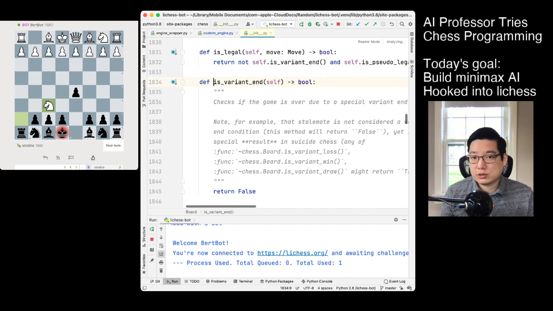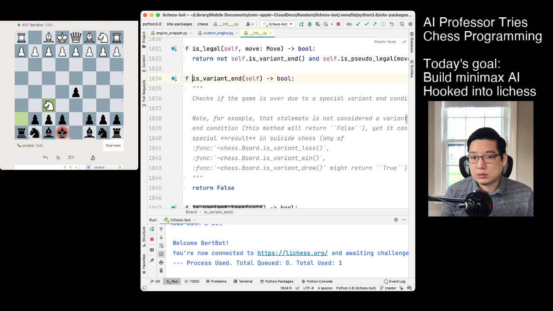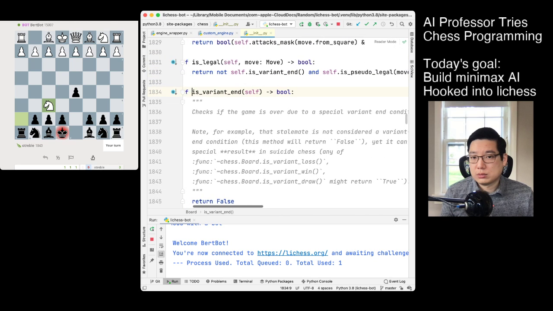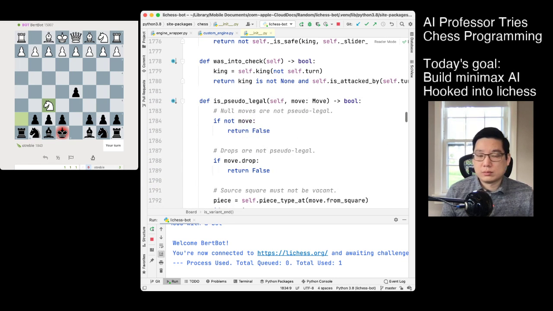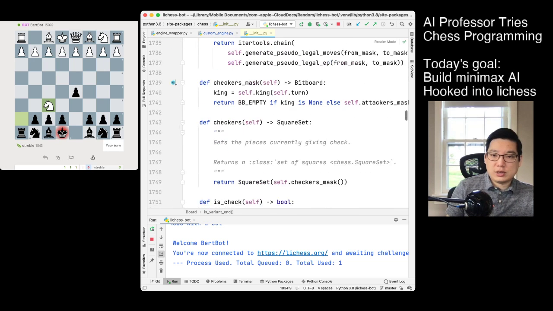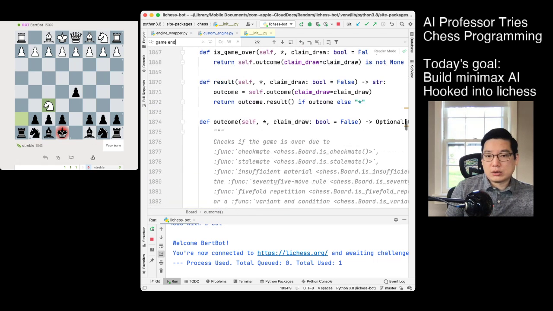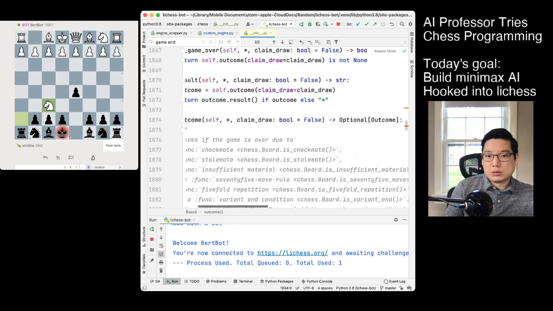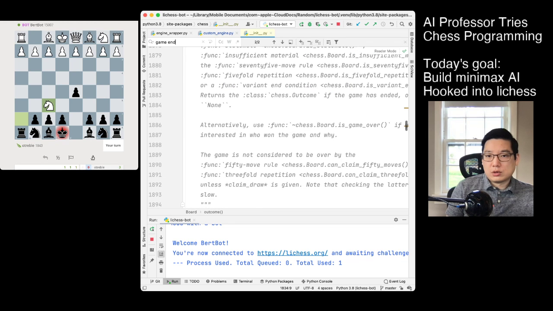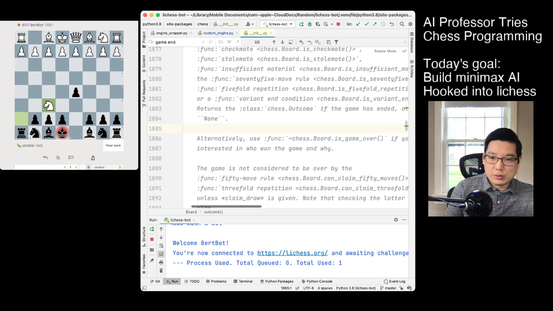So is variant end checks if the game is over due to a special variant. There must be a way. There must be a game end here. Normal game end. Is checkmate insufficient material. So what is this? This is outcome. Returns outcome if the game is ended, otherwise none. All right, again, maybe not the best hack, but